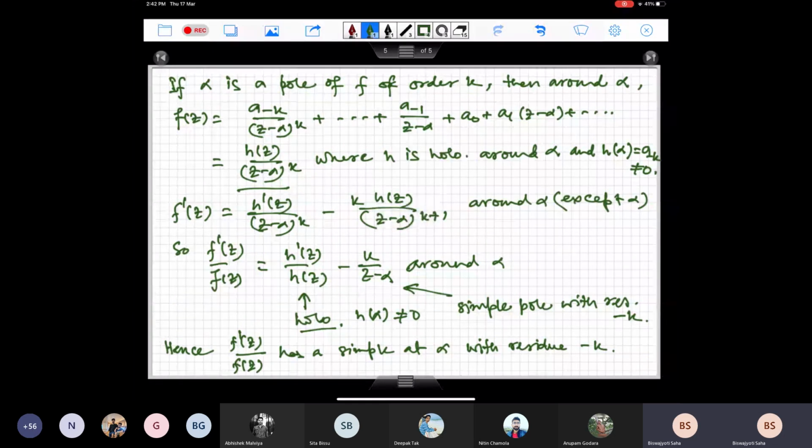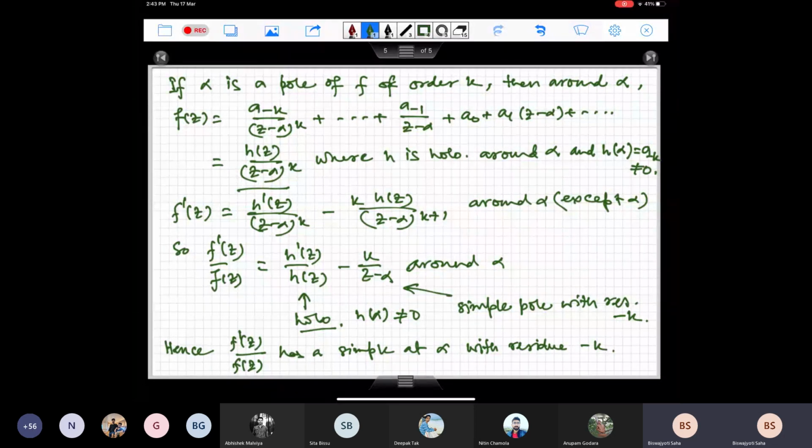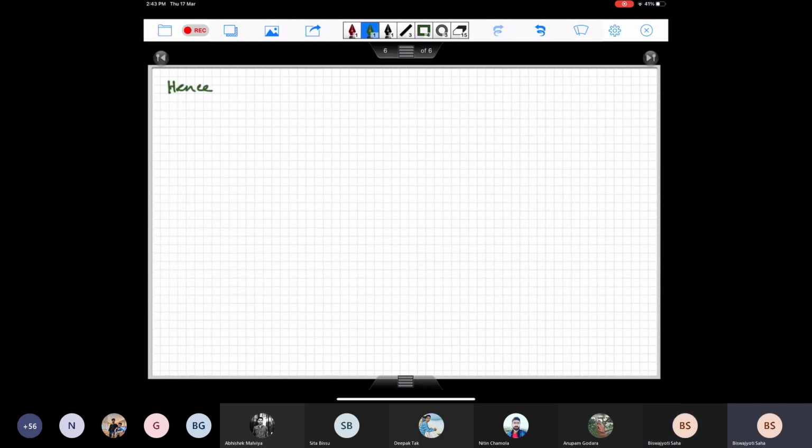And if I take a pole, I see that the residue comes out to be minus the order of the pole. So when I sum all of them up, I get minus the total number of poles counted with multiplicity. Is this clear to everybody? Yes, sir. So hence the integral of f prime over f over gamma is 2 pi i times (Z minus P) by the Cauchy residue theorem. This is the content of the argument principle, and the proof is just a very simple application